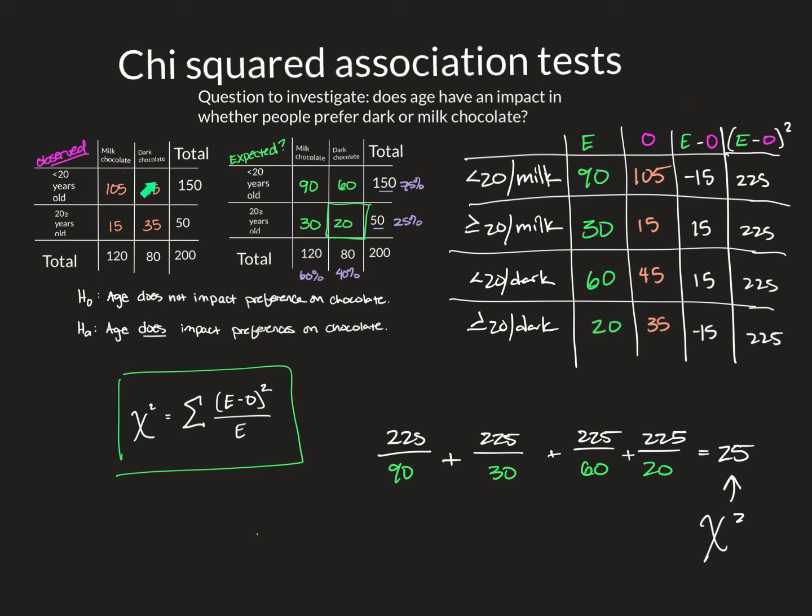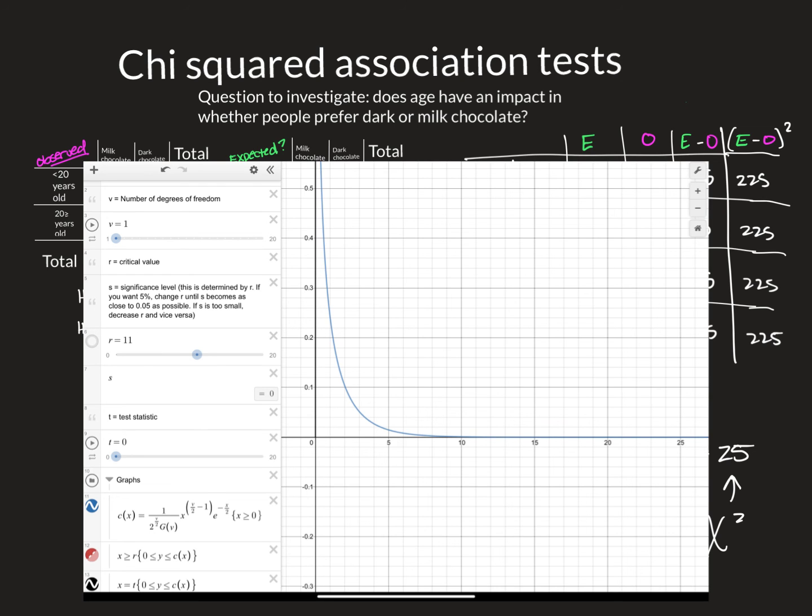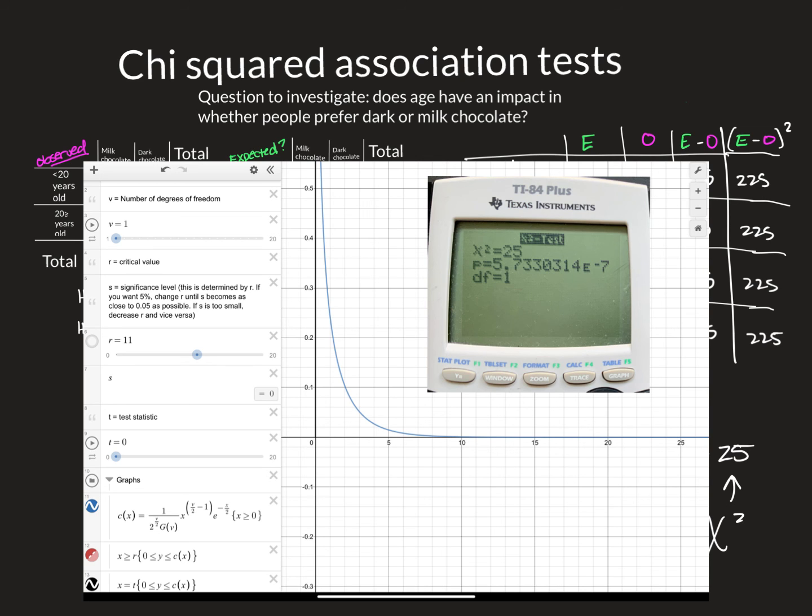Now, because I have a 2x2 table, I also need to know the number of degrees of freedom. And if you look at that other video, you should hopefully be able to work out that there's only 1 degree of freedom, which means that we are looking at this curve where we've got 1 degree of freedom, and we are looking over here at 25. And I hope that you can just guess and see that that is a ridiculously small number. And in fact, if you work it out on your calculator, you will see that my p-value is hysterically small. That e to the negative 7 means that it is literally